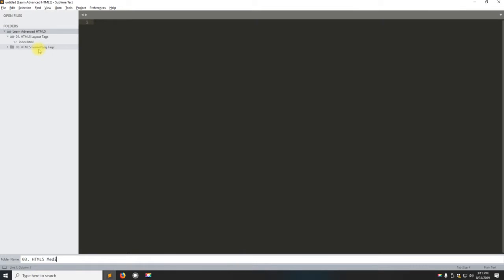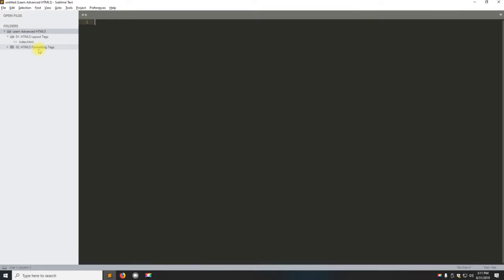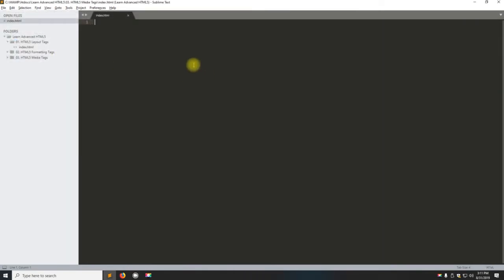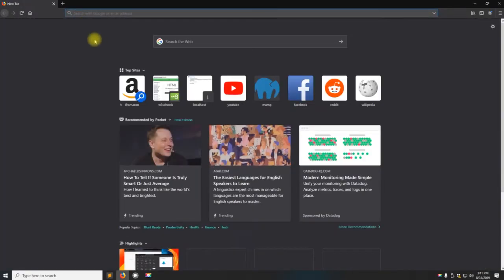03.html5 media tags. Okay, and then right click and then do new file, Control S, index.html, and type in HTML and hit tab and save that. Go down to line 7, return twice, go to line 8, tab in and save. Then go to Firefox for me, type in